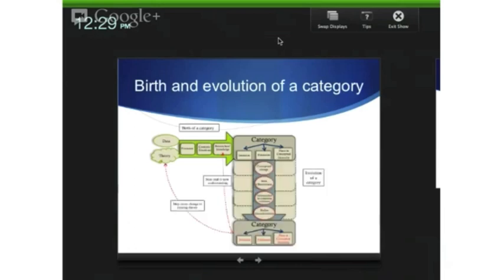Similarly, if we look at the evolution of a category, it goes through several changes during its life, and there could be several factors that lead to changes, such as a conceptual change, a new observation, or richer characterization in terms of new attributes or new relationships. But again, we ignore all these factors. The only thing we record is the changed category in terms of its intension, extension, and its place in the conceptual hierarchy.